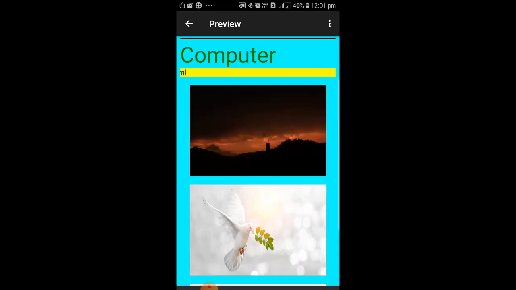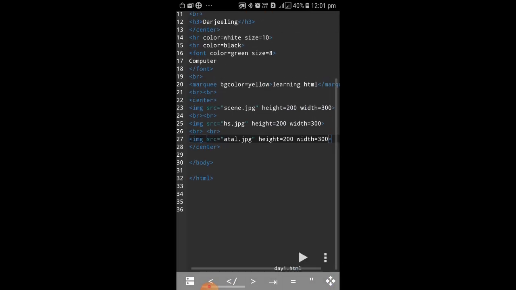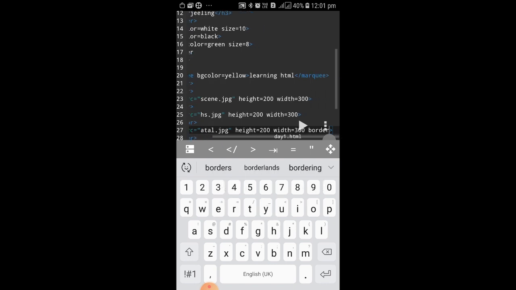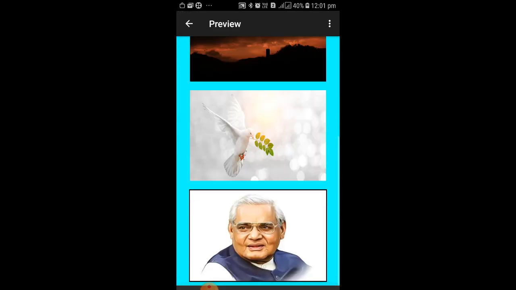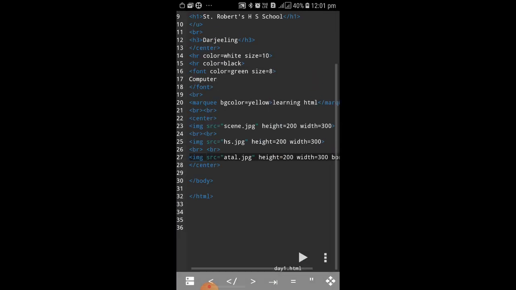Yes, see, it's coming, no, continuously like this. You can give border also, you can check the internet. Okay, I'll give the list, don't worry. You can set the border also. Let's see, border is equal to 2. Will this work? Border came for the Atalji. Okay, you can change, you can set the borders for others also. So I hope this is okay for you,